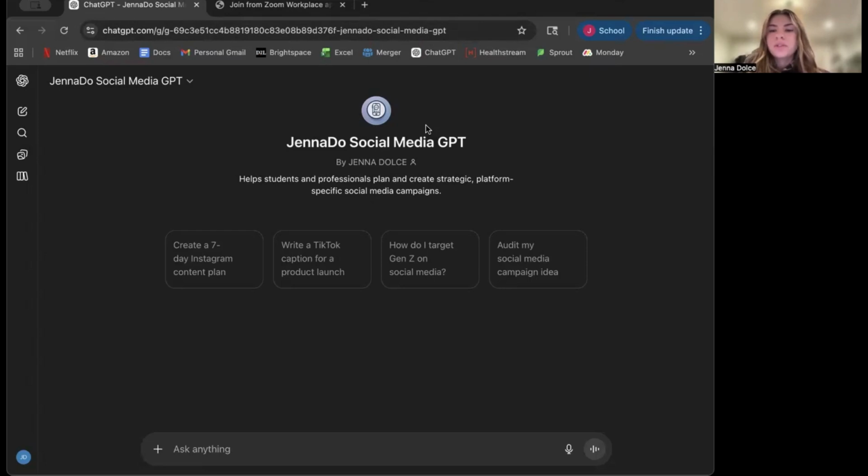A lot of tools will just generate something quickly, but this GPT is designed to think more like a marketer. It asks clarifying questions first, like who the target audience is and what platform the content is for, before generating a response. It also follows a consistent structure, including a hook, caption, and call to action, which makes the outputs